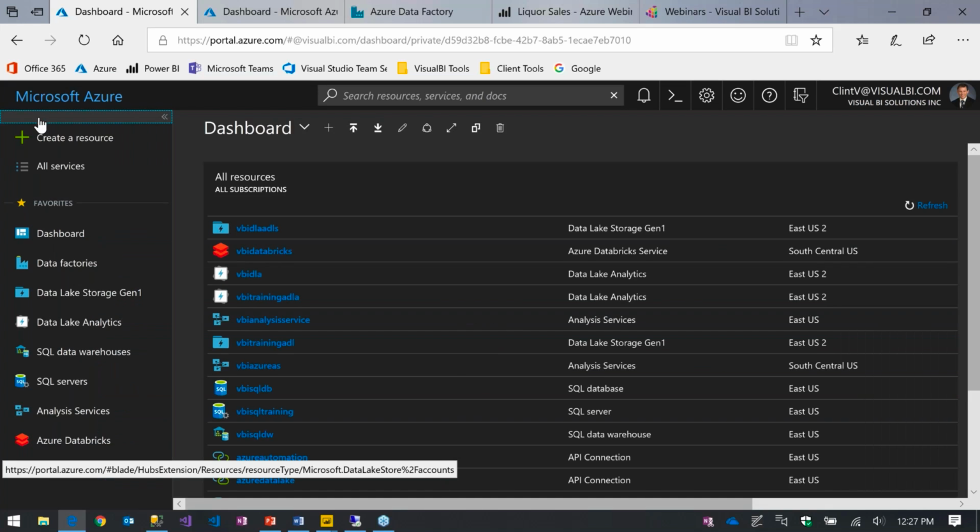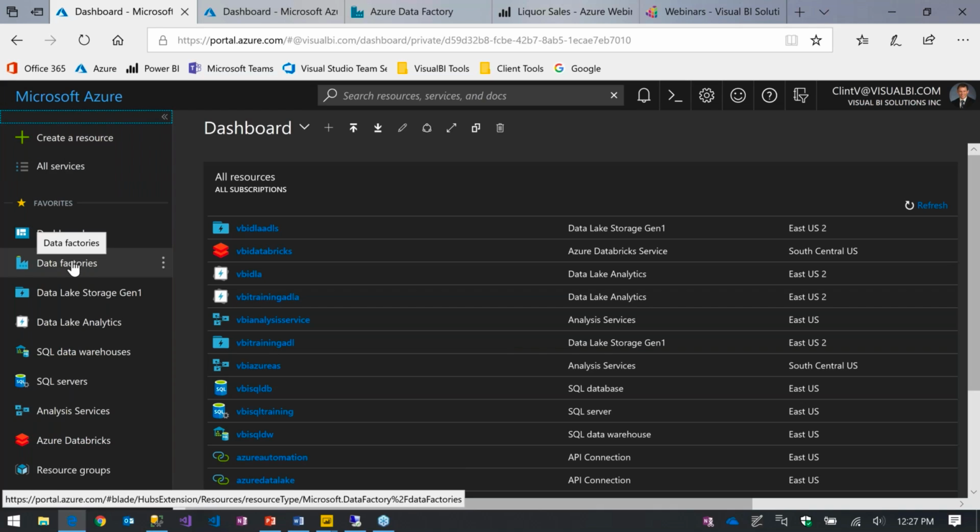This will slide out, and this lets me mark certain services as my favorites. So it allows me to jump right to those services and pull out resources from those. For the purpose of this demo, I went ahead and marked all the data services as favorites so that I can quickly jump to each one of them. So without further ado, let's start with our integration layer.